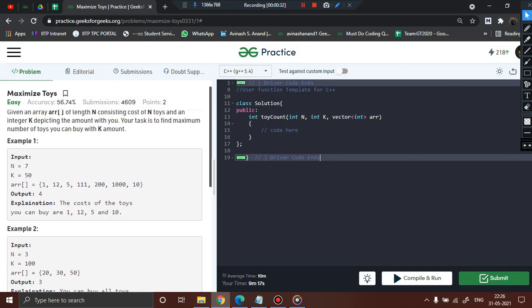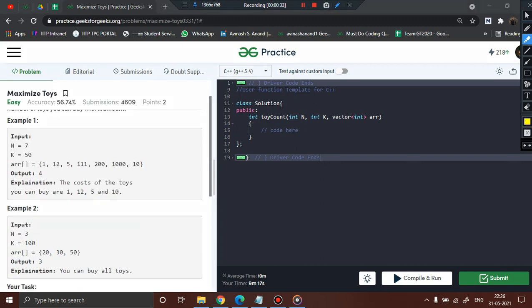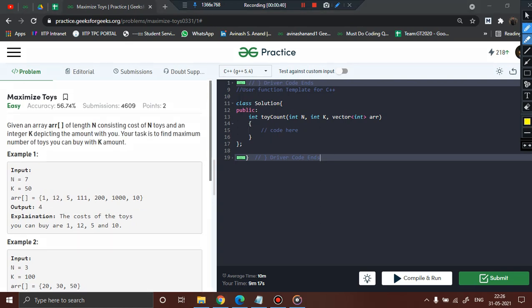the question says that given an array of length n consisting of the cost of n toys and an integer k which depicts the amount you have, your task is to find the maximum number of toys you can buy with k amount. That's very simple. Basically, you are on your way to the market and you have a sum of rupees